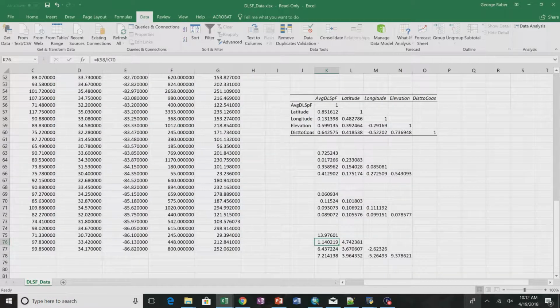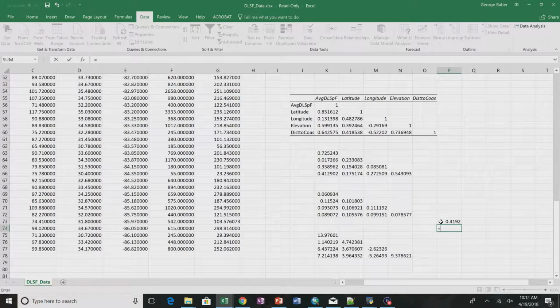I just want to make sure that's exactly right. We got a value of 4192, which is really 0.4192. We subtract 0.5 from that value, and we get 0.0808. So at the 0.05 level, that's still not